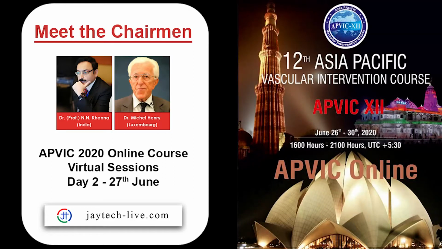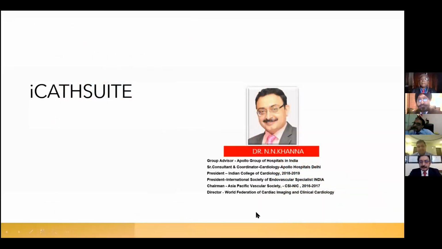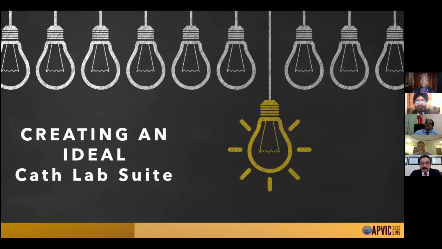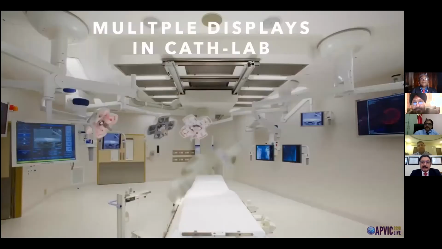So after these excellent talks by Dr. Das, Dr. Suri, and then Joy, I'm going to be talking about something basic, in the sense that we heard about correnders and the robotic cath labs, and now the other thing which we face in our cath lab, the regular problem, is that we have a cath lab suite with hundreds of machines, and we have to search where is what, and try to correlate things in our mind rather than on the screen.